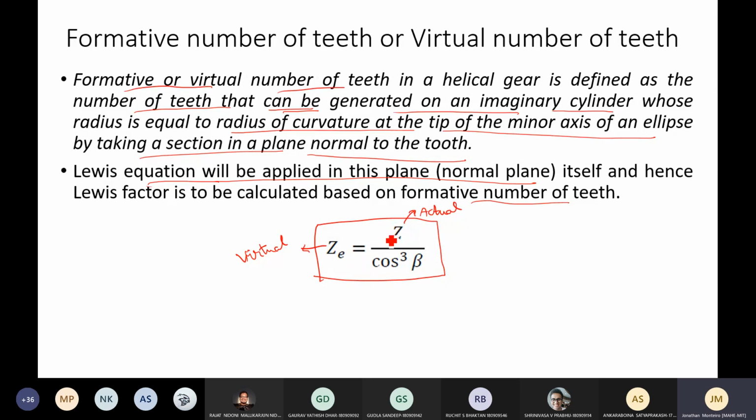A number of equations can be framed alone based on this, because that is how the relationship occurs. So even though there are a set number of teeth, say 30, finally your analysis will be based on what is ZE, not on what Z is. So for whatever calculations are there, you will go with ZE rather than just the number Z. Anyway, all this information and notes will be supplied later, once we finish this particular part.